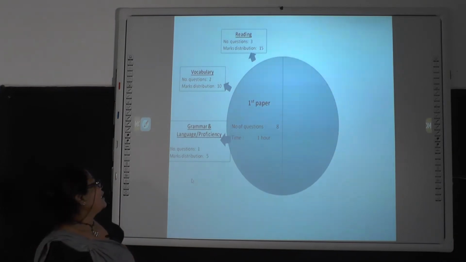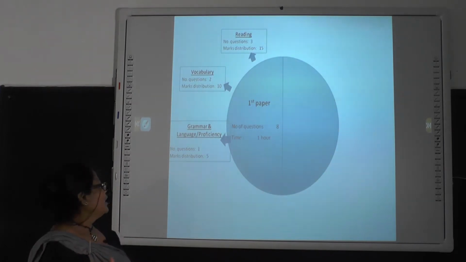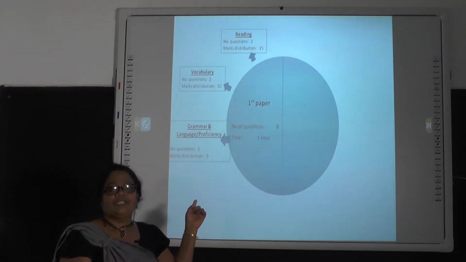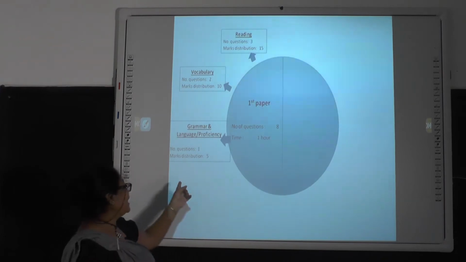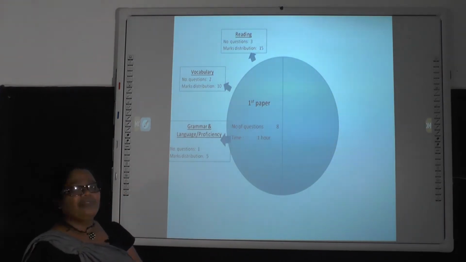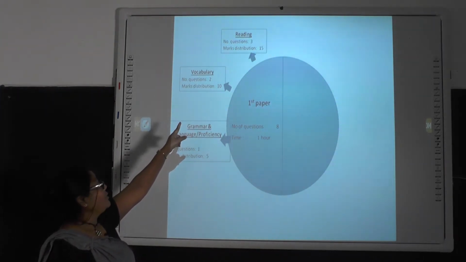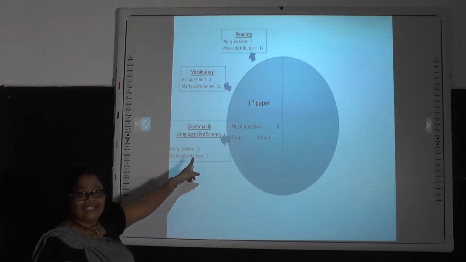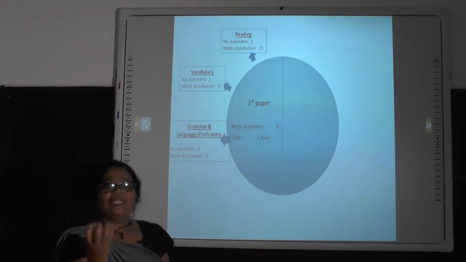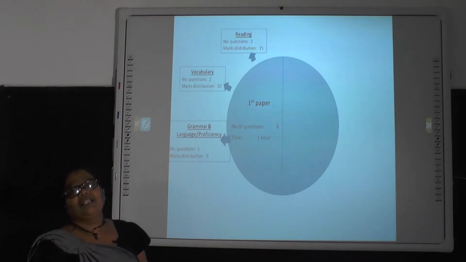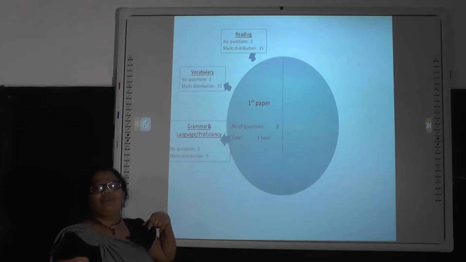And the other testing area is grammar and language functions. Right, earlier we called that language functions. Now how many questions are there? There is only 1 question. 1 question appears under grammar and language proficiency in your first paper. It carries 5 marks. Now wait for a while. Now let's see. 15 marks under reading, under vocabulary 10 marks, under grammar 5 marks. කීයද ලකුණු බලන්නකො 15යි 10යි 25යි 5යි 30යි. එහෙනම් ඔයාට ලකුණු 30ක් without any effort you can earn. You can reach that amount. That means only 5 marks for an S pass.